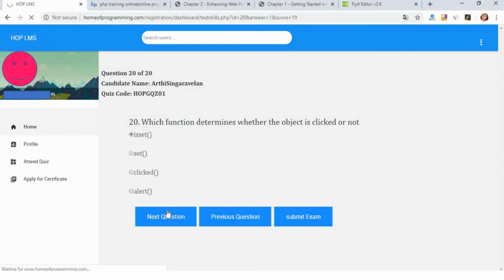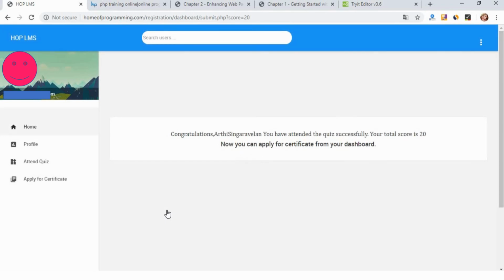When we click on submit exam, you will be provided with your score. So here our score is 20 out of 20, right? In this particular quiz, we have 4 sections. The first 5 questions are related to HTML. All the topics of these 5 questions have been discussed in our HTML series. I am giving the link of the HTML series in the description box. Kindly check it out. Questions 6 to 10 are from C, 11 to 15 are from the Java section, and the final 5 questions are in PHP.